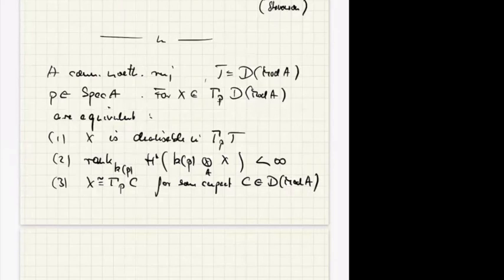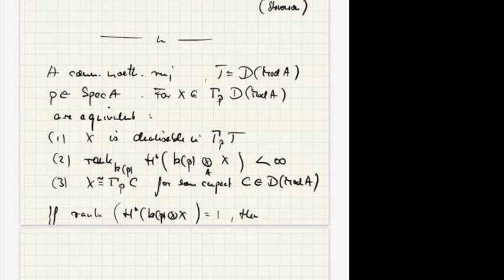And we can say even a bit more. We have here this rank condition. There is sort of an obvious question: what happens if the rank is 1? If the rank of the cohomology of the residue field tensor X equals 1, then